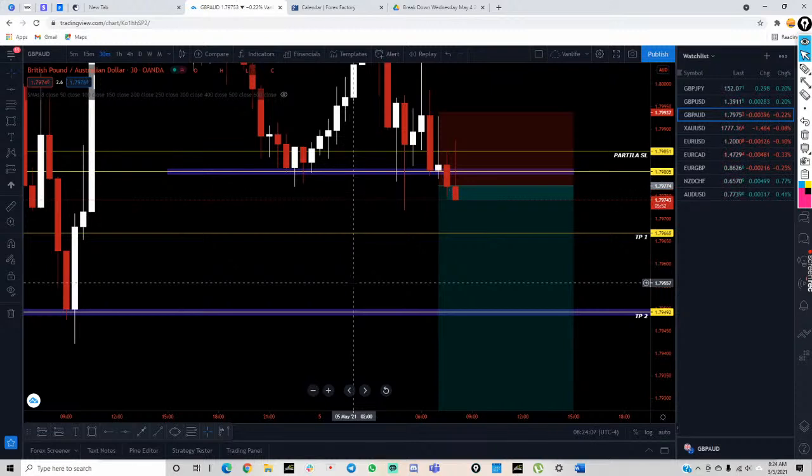I'm still watching GJ, but if I'm going to take a trade on GJ, then I would need price to break and close above the level or below support. And once I get that confirmation, then I can say, okay, we can continue to push bearish or we can continue to push bullish in either direction. All right, so currently,